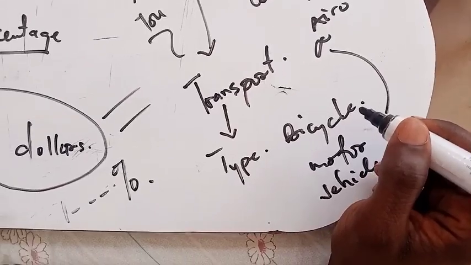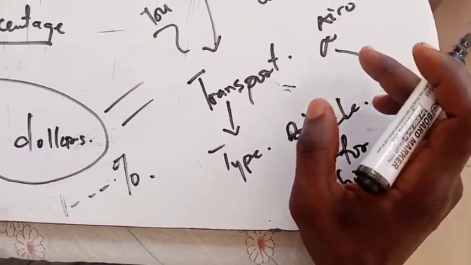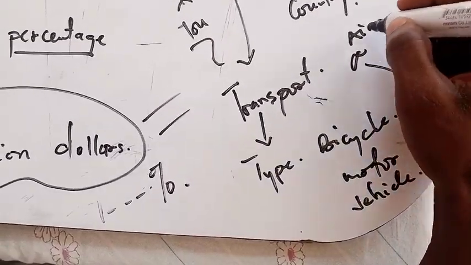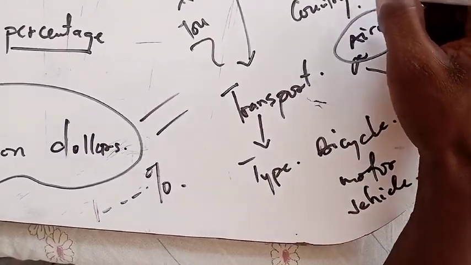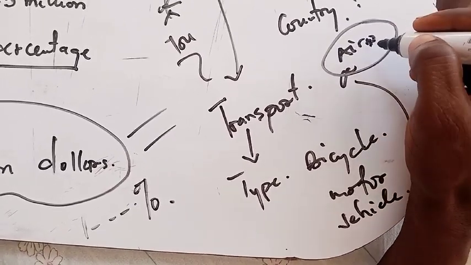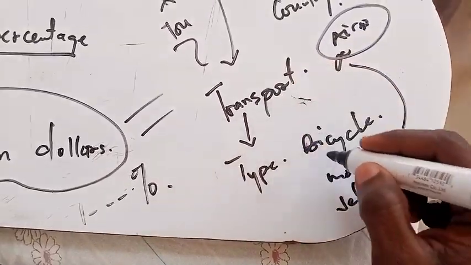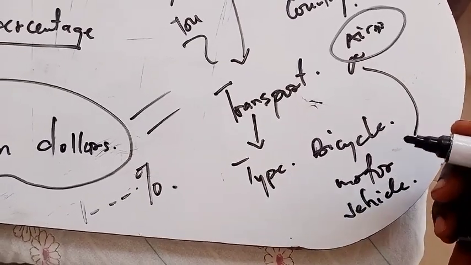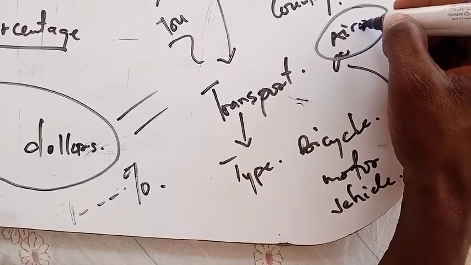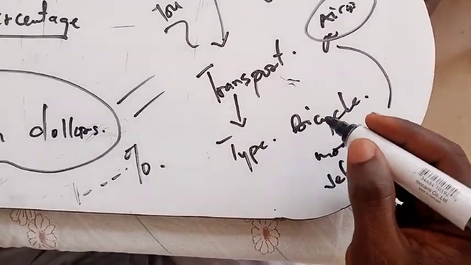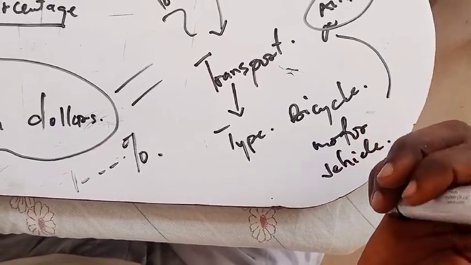The convenient one that you can use if you are moving from one country to the other, where I am right now, if I want to go to my favorite country in the future, I have to go by an aeroplane. That is the convenient one. Even though all these things are types of means of transportation, the convenient one is this. Or if you want to go by a basket, I don't know how many days or years you are going to spend to move within that country.